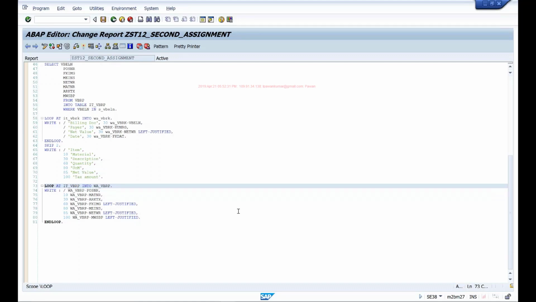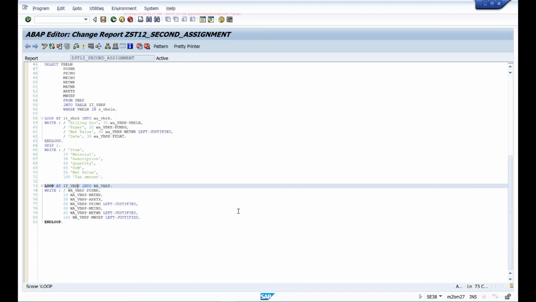The simple rule is loop the table which has the main data. If it is a case of item and header data, then you always loop the item table and read the header table, because the item table has more records per document compared to a header table, right? So when you're looping this item table, within the loop you read the header table when you want to process the header data of that document.